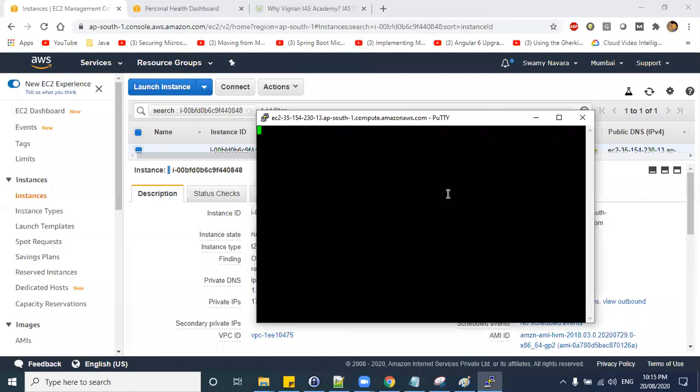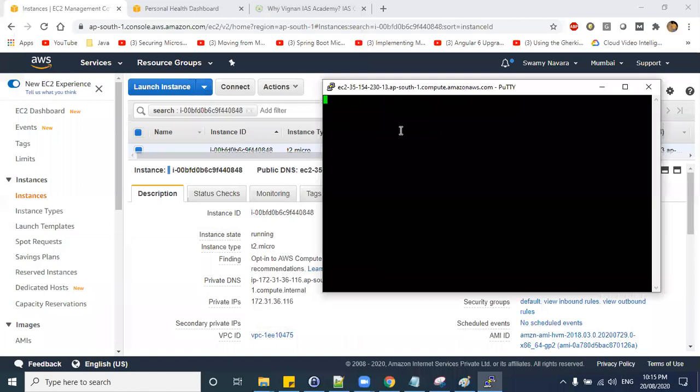Something related to network versus something related to key, right? It will say the server has refused the key or some exception. So now if it is not connecting, it is something related to our default network or might be some route tables.